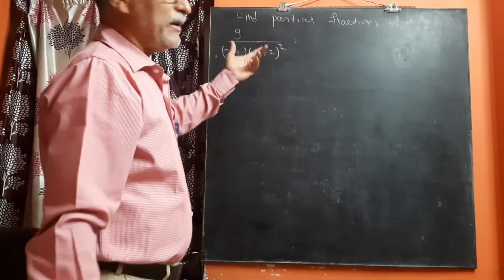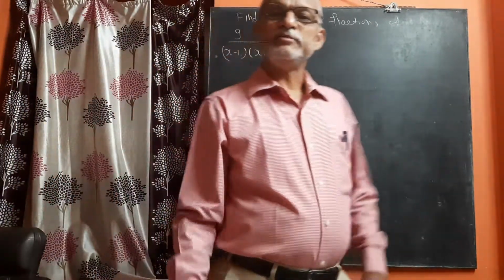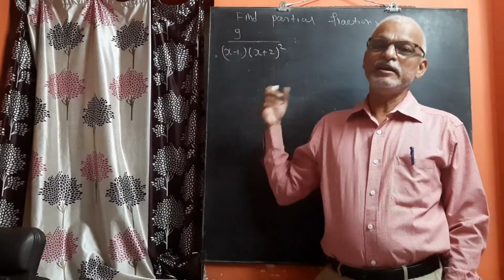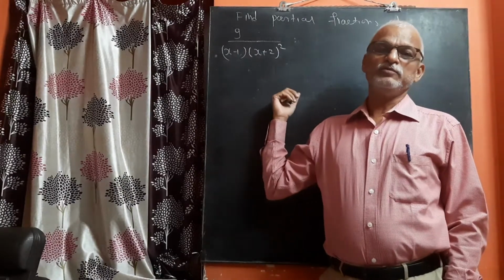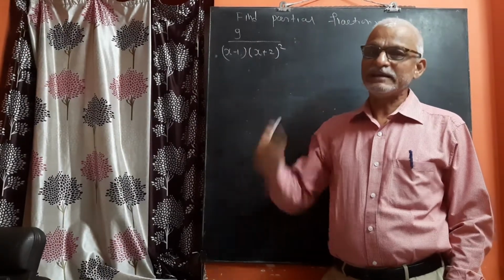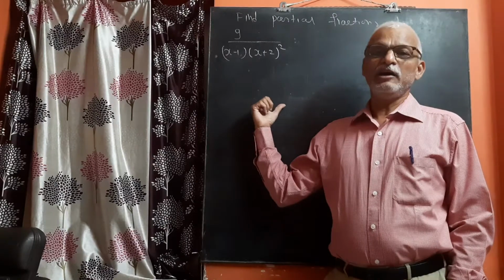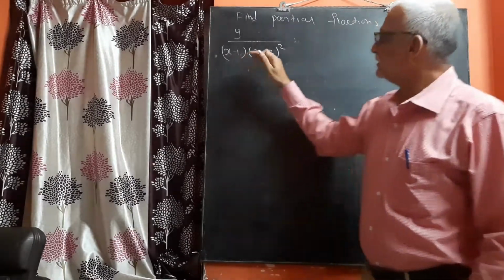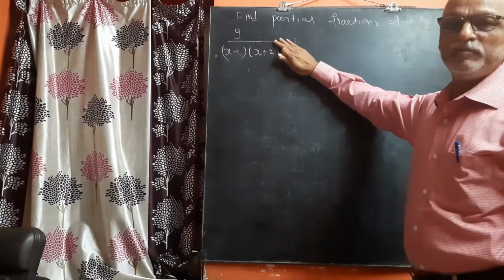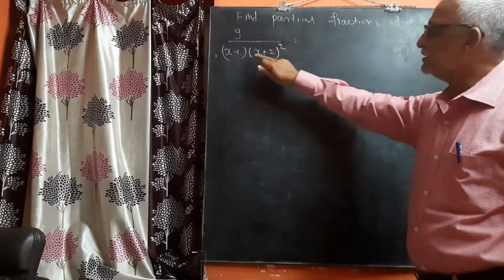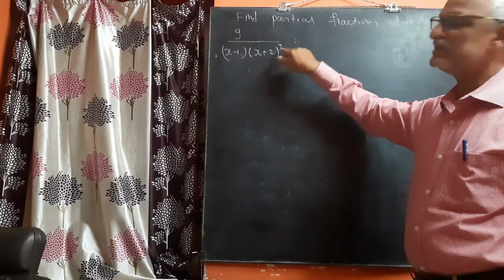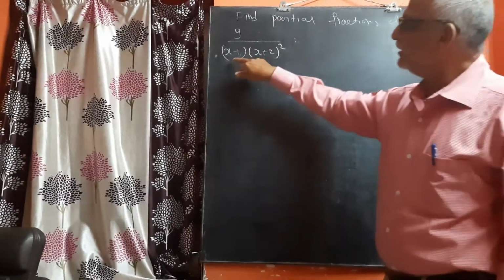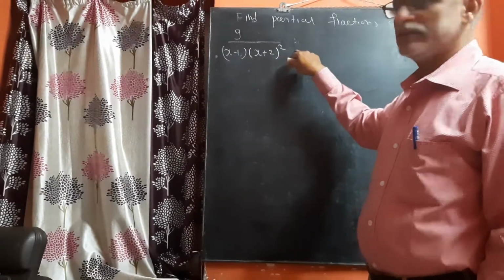Now in the exam it will not be stated which condition the problem belongs to, whether the first condition or the second condition. You have to identify it. Our first condition was when the factors are non-repeated. That means if the square is not there, then the problem belongs to the first condition. Since x plus 2 the whole square means this factor is repeated 2 times, it belongs to the second condition. So in all, we have to consider the 3 constants.